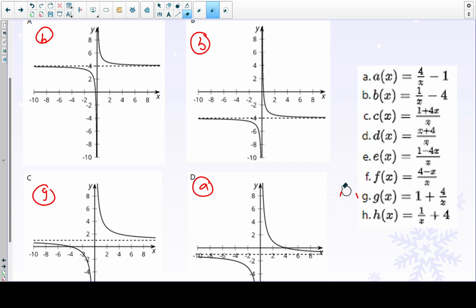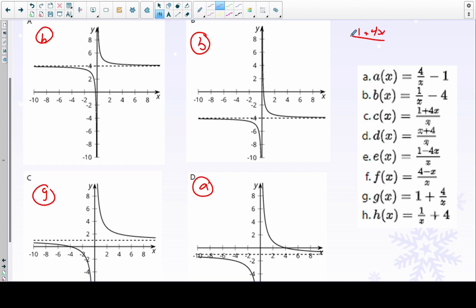And so there's a couple ways that you can look at this, all right? So I'm going to show you two ways of doing this. The first way is to actually just divide. So if you look at C, let's look at C for instance, okay? You have 1